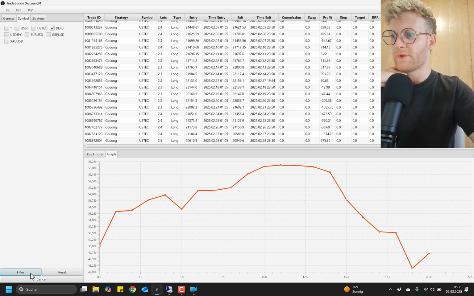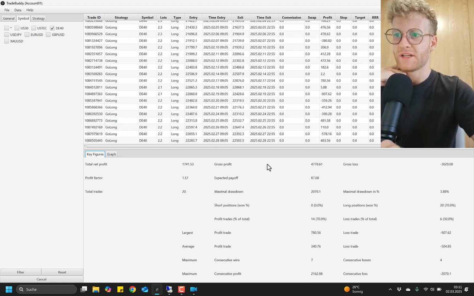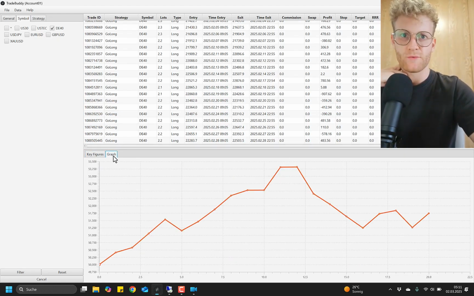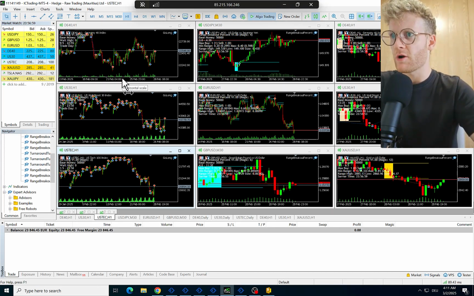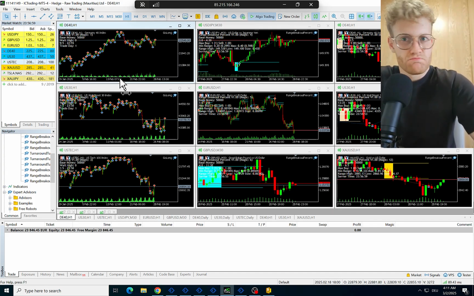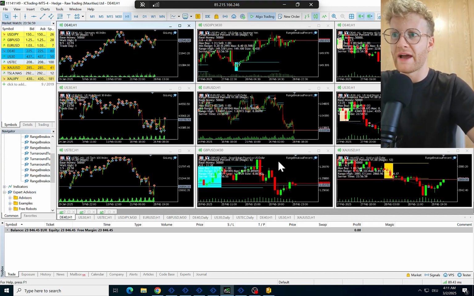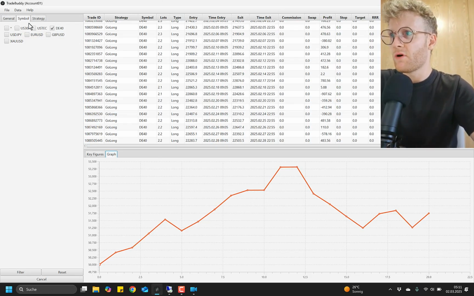And then we go to the German index. This should actually be profitable, and it is profitable. Quite a bit actually. 1.7k profits were made with the go long strategy in the German index, because the German index was very strong. For those who don't know, we also had federal elections in Germany, and I assume that the market took the result very positive, and that's probably why the market went up. And it's still at a very high level, close to the all-time highs. So this is for the go long strategy.